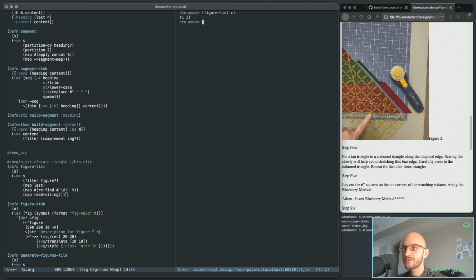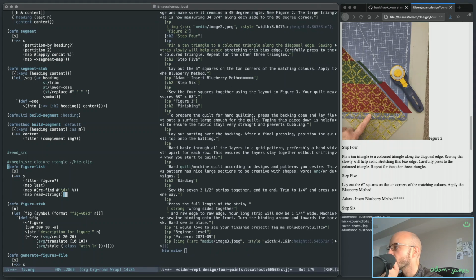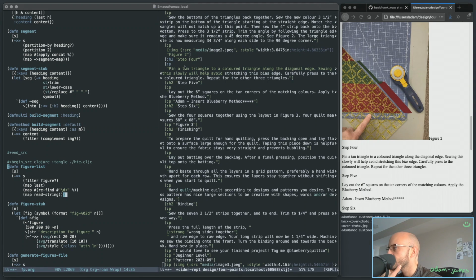So it only detects figure 1 and figure 3. So let's have a quick peek at C here and see what's wrong with figure 2. We have this situation here where the string, so this gets eliminated because I'm removing the image tag, right? And well, it's also the case that